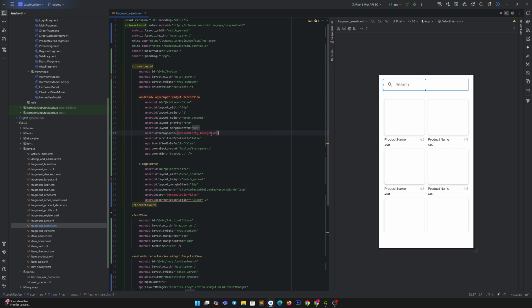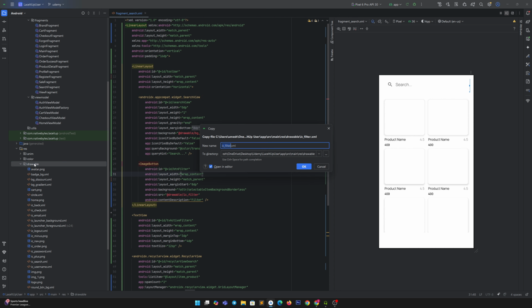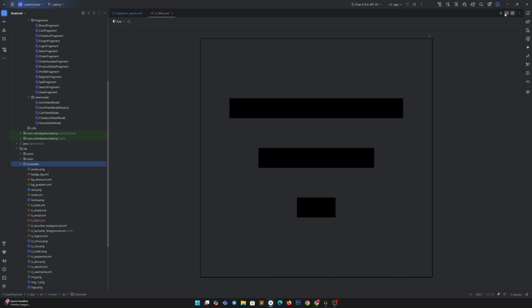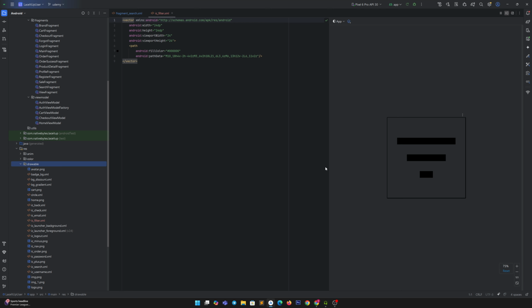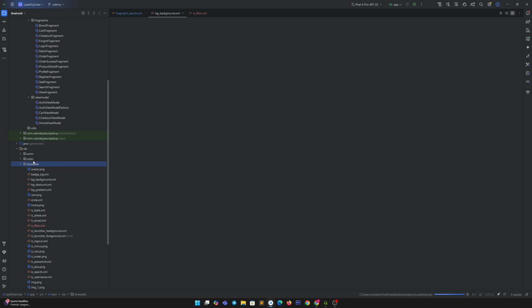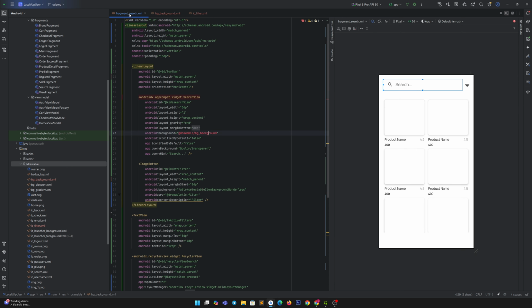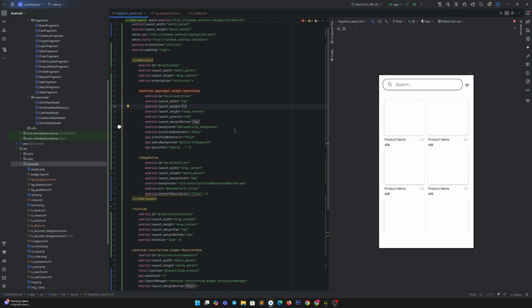So we need to add the background of the search view and IC filters. Under the drawable folder, I will add the logic for the IC filter, right? This is the icon which we are using for the filtration. And then we need to add the BG background. All right, I will add this one also. This is basically a shape which holds the solid color, that is white, and it has corners and a stroke in black color, which has a width of 1 dp, right? Now coming to the fragment search, we can see the BG background, right? So our design part is ready for the fragment search.